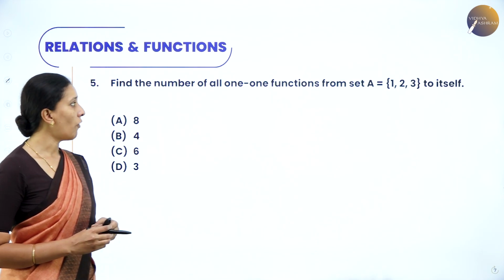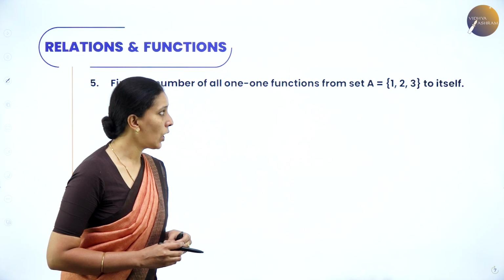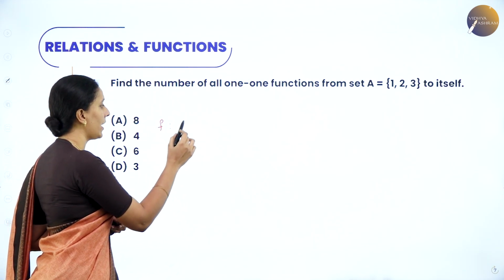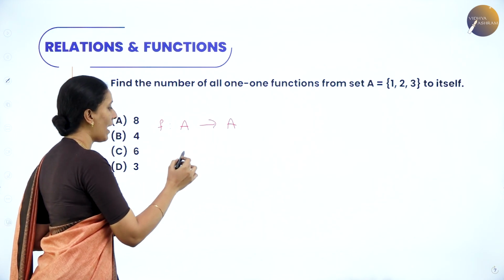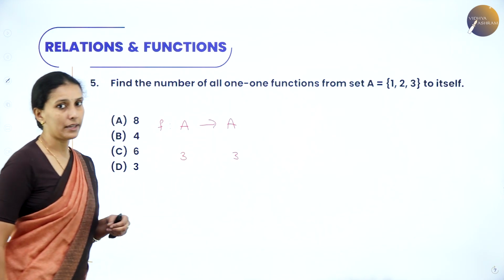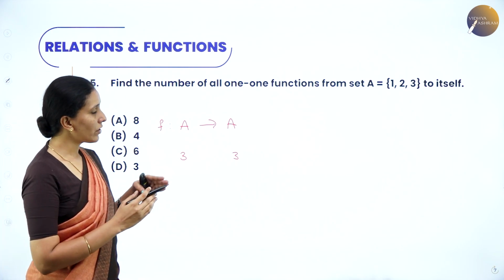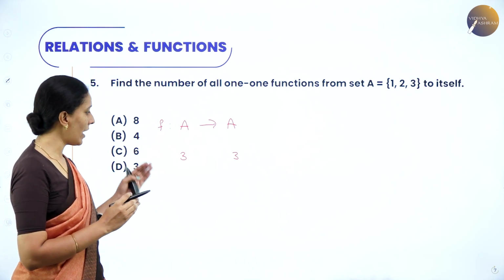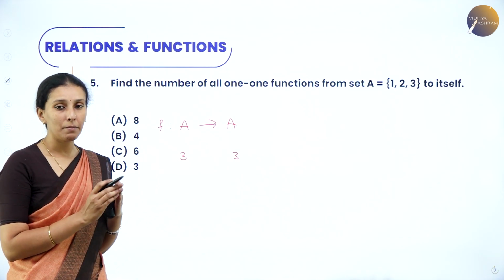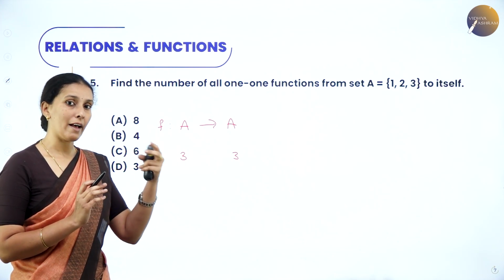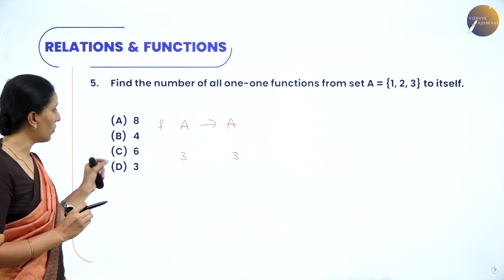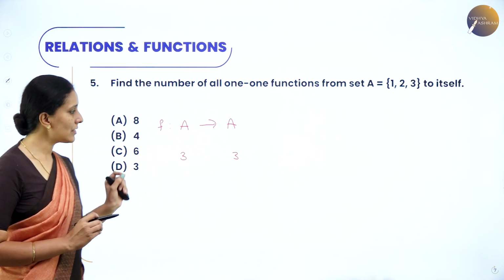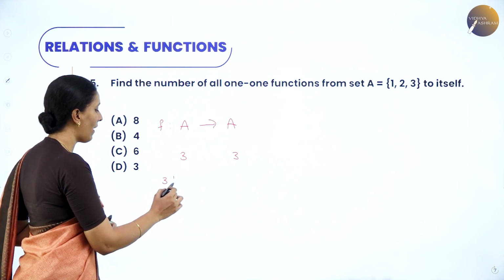Next, find the number of all one-one functions from set A {1, 2, 3} to itself. So when I say it's a function from A to A, we have 3 elements here and 3 elements here. One-one function means we have to relate them in a distinct form. So two elements cannot have the same images here. Therefore, the number of one-one functions from set A to set A is equal to 3 factorial, which